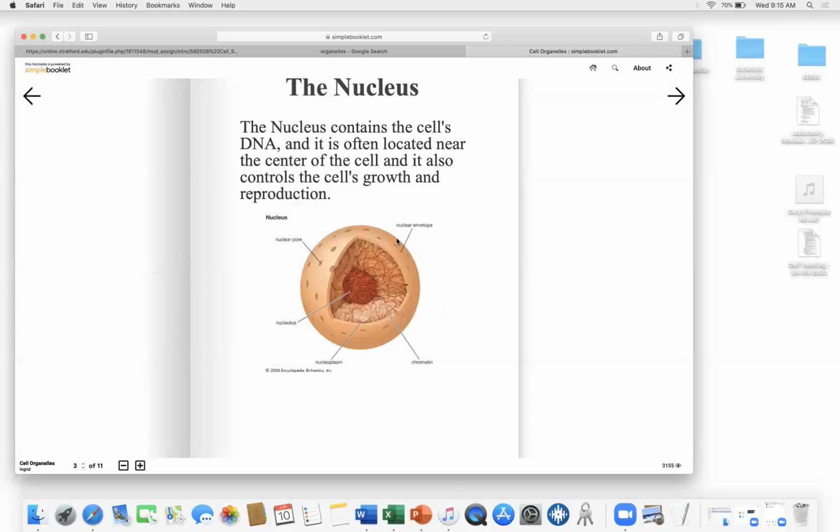Now, within the nucleus, I stated that there's, of course, envelopes, and they've got little holes to let some things in, to let some things out. Now, within the nucleolus, now the nucleus is like the whole thing, but the nucleolus, you could see how all of this stuff is called chromatin. It's all the DNA, but all the DNA that we don't need right now, that gets even more tightly packed in here. And this should blow your mind, because this has every single piece of information of who you are,